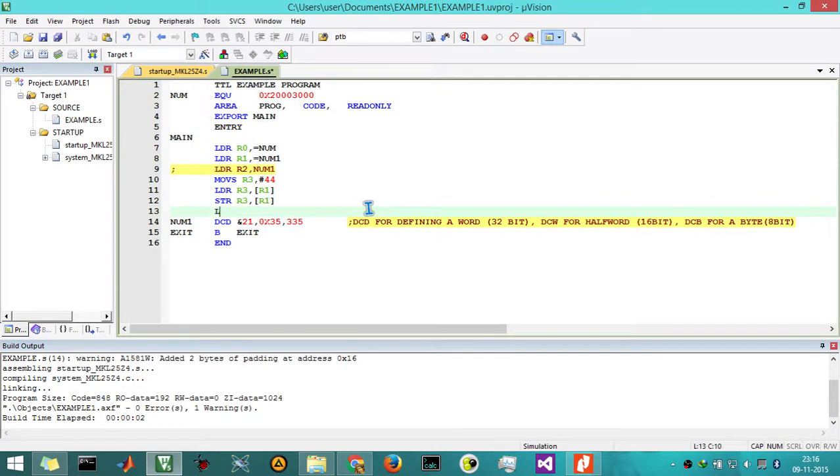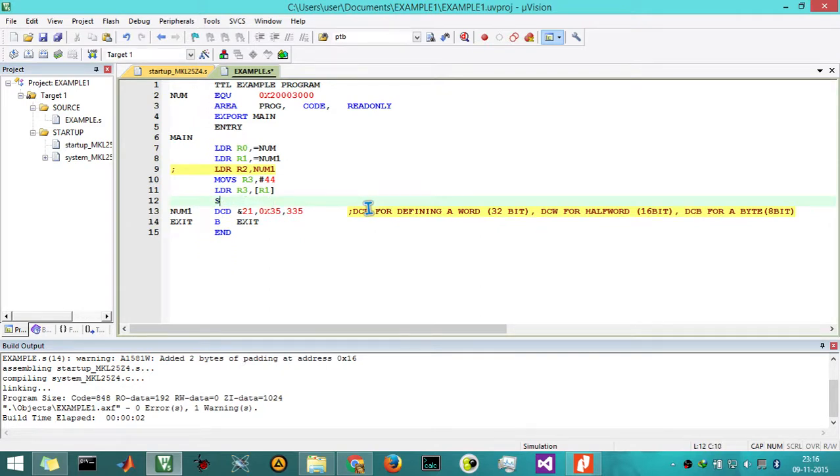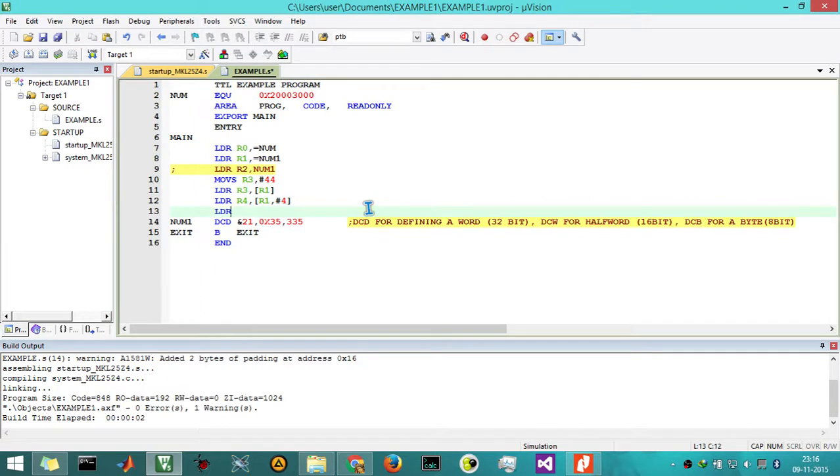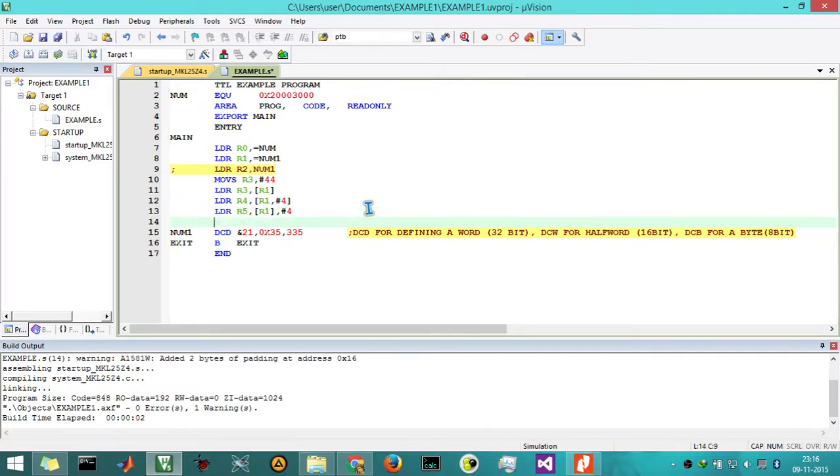They are LDR R4, R1 comma hash 4; LDR R5 comma R1 comma hash 4; LDR R6 comma R1 comma hash 4 exclamation mark. So in this way we can use the LDR instruction in three different kinds, and let us see what happens when we compile this instruction.